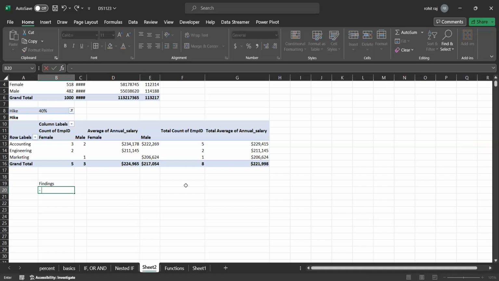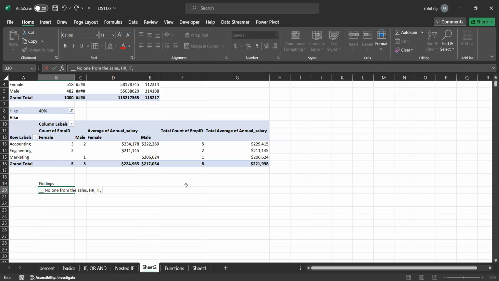Maybe the first finding here could be, no one from the sales, HR, then we have IT, right? And one more department, marketing, accounting, sales, engineering, right? So one more department we have where people have received 40% hike,